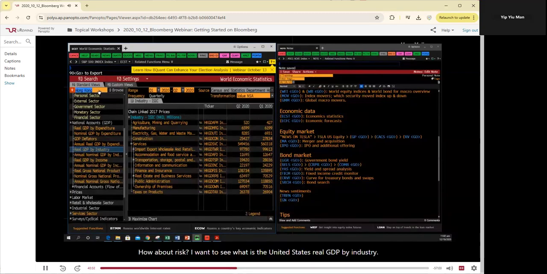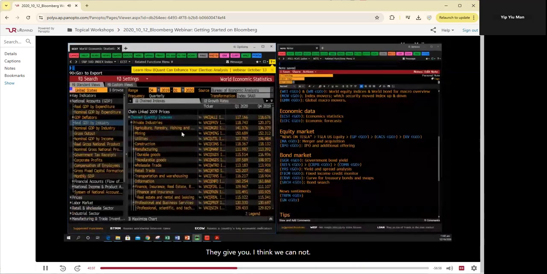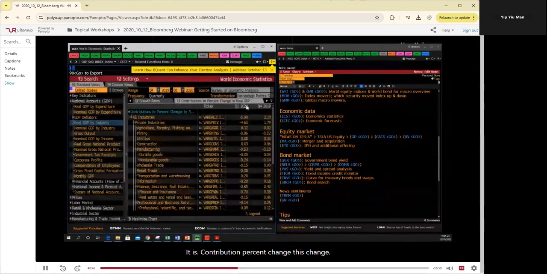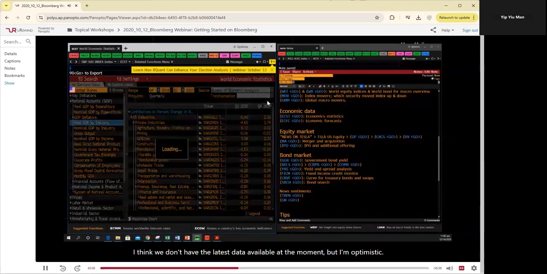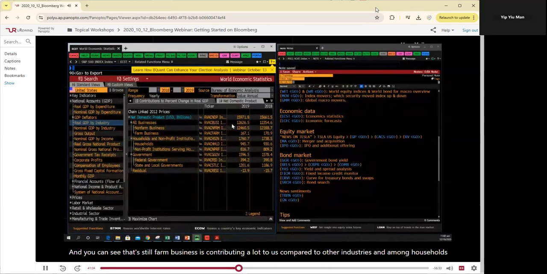How about the US? I want to see the United States real GDP by industry. Then it gives you, I think we cannot change this. Yes, contribution percent. Oh, change. Just change. I think we don't have the latest data available at the moment, but domestic products. Great. So now this shows the contribution for each of the businesses, and you can see that farm business is still contributing a lot to the US compared to other industries, and